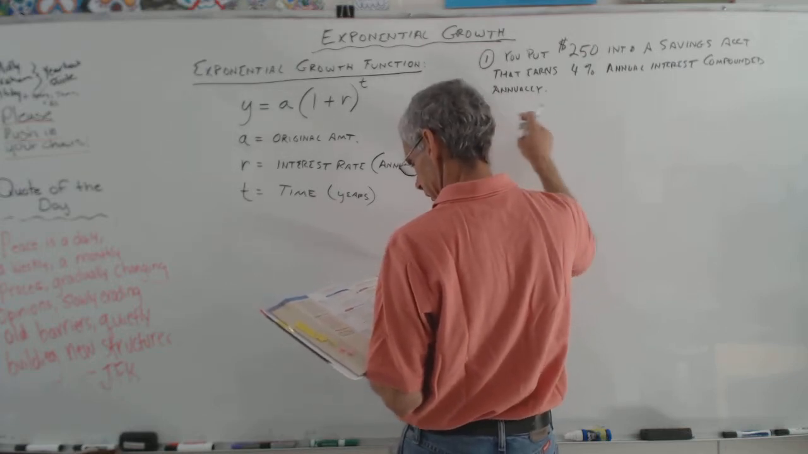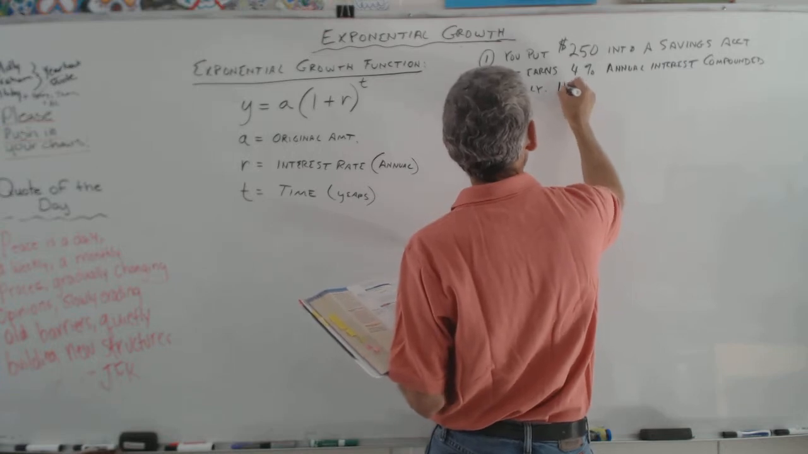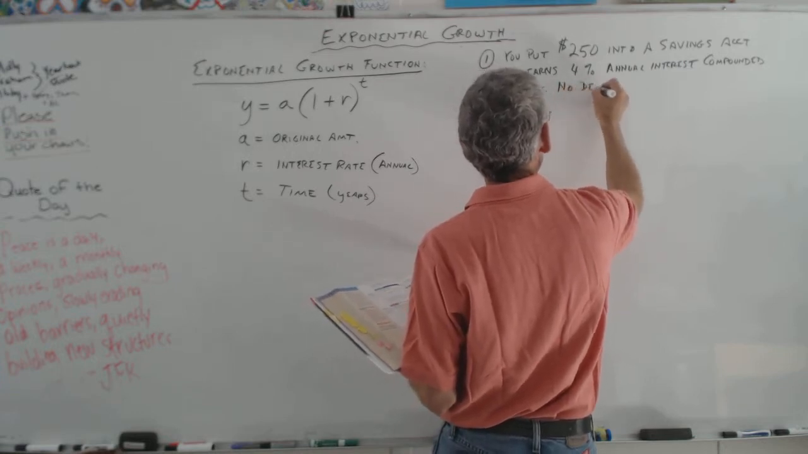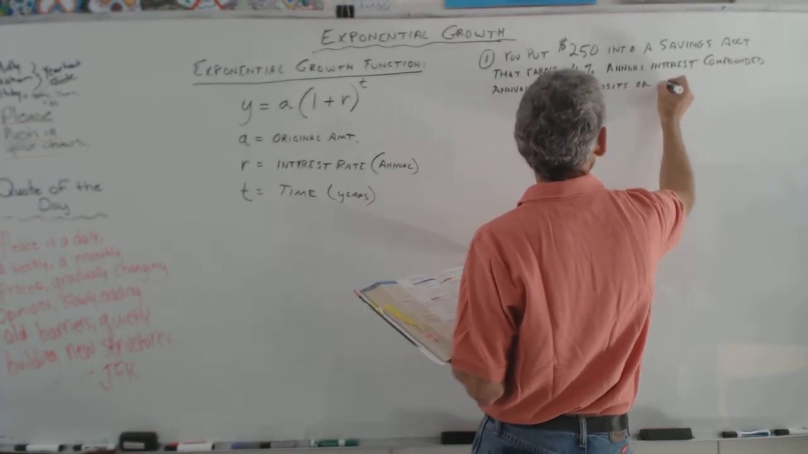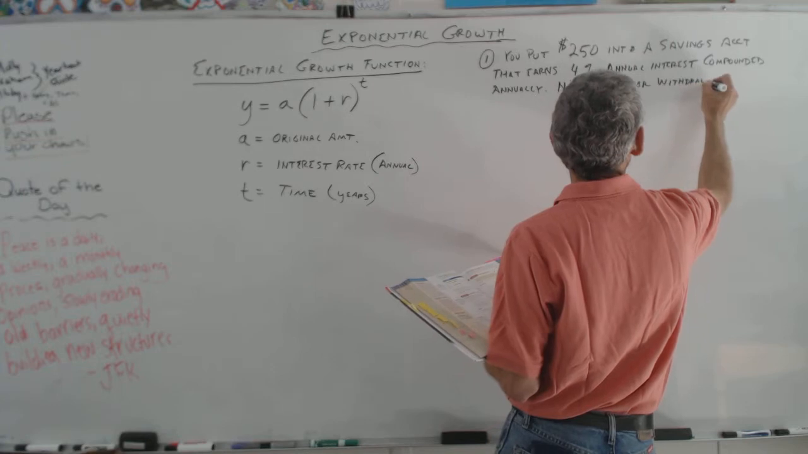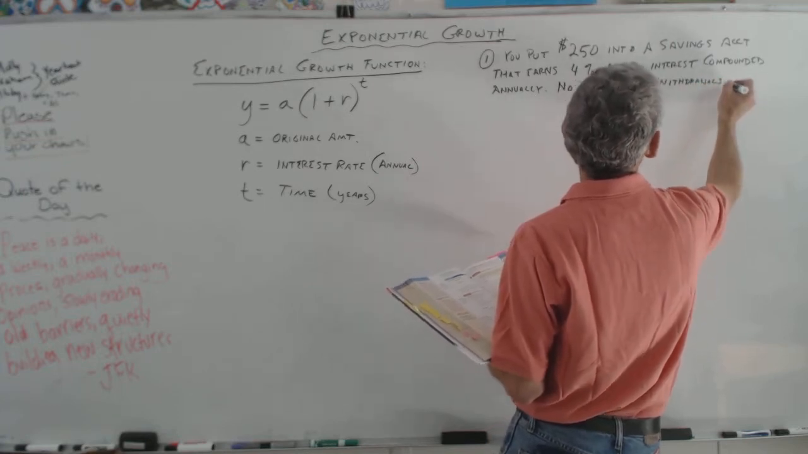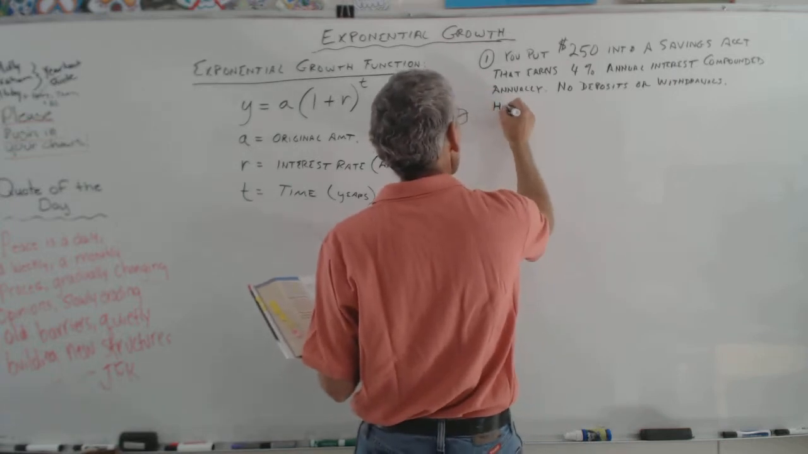And annually means yearly. You guys know that? All right, so you make no deposits and withdrawals. In other words, the money just goes in there and sits. So no deposits, no withdrawals. You don't take any out, you don't add any in. Right? Period. So then the question is, how much